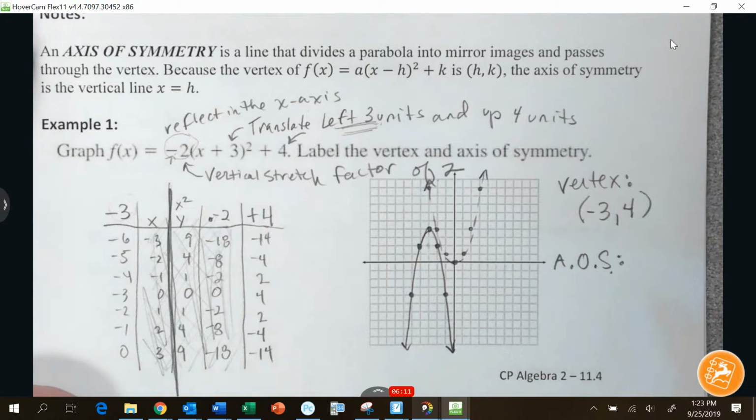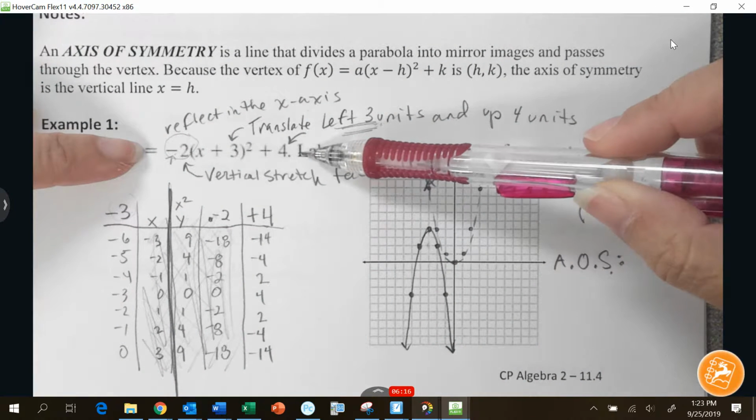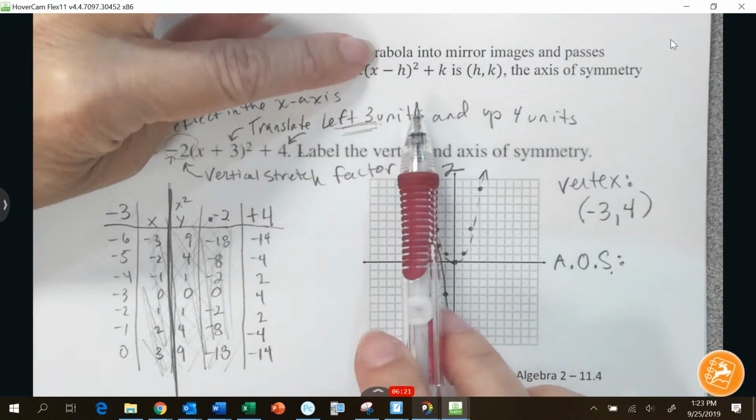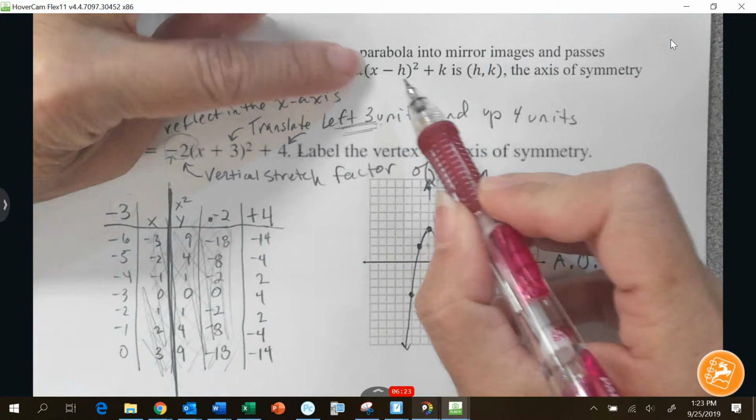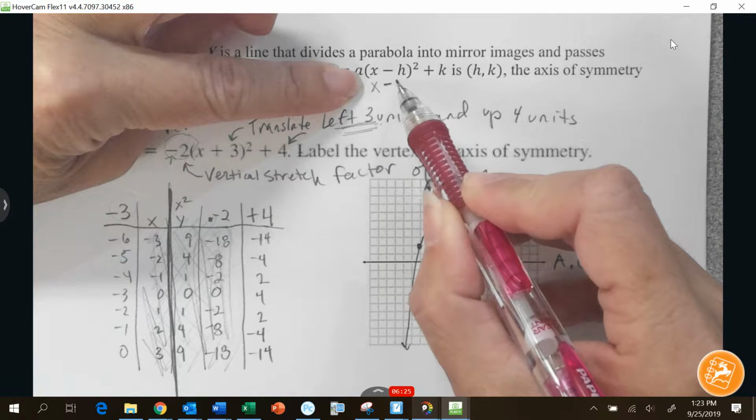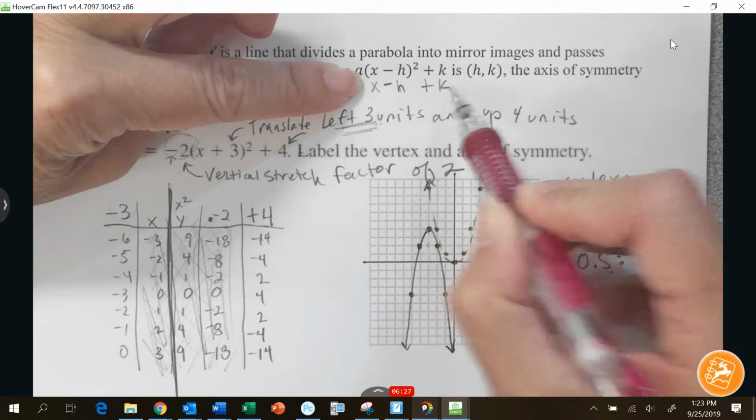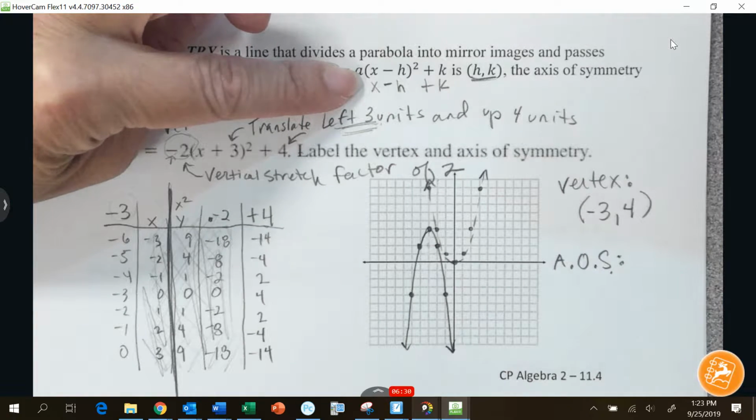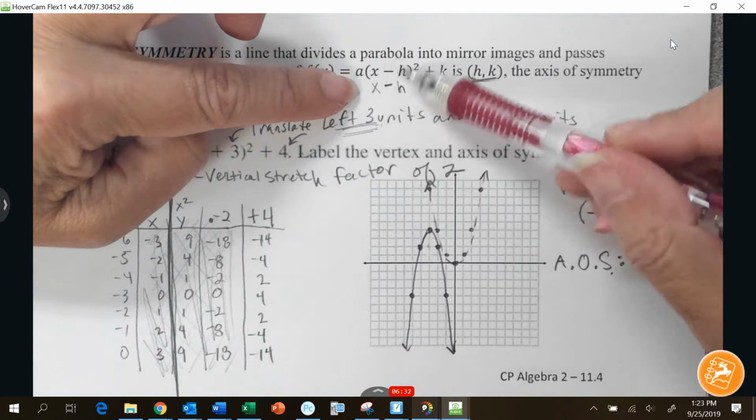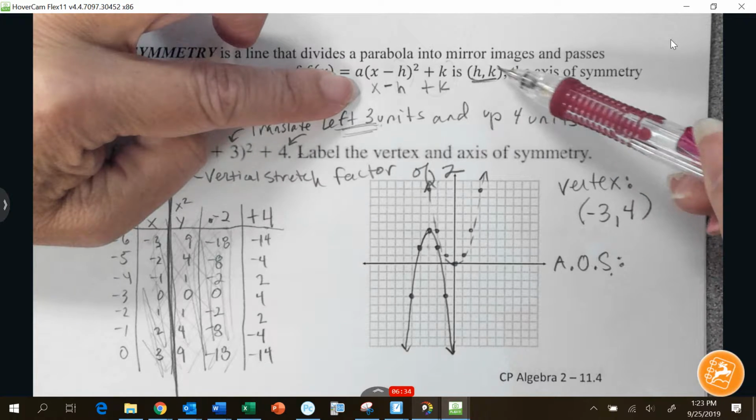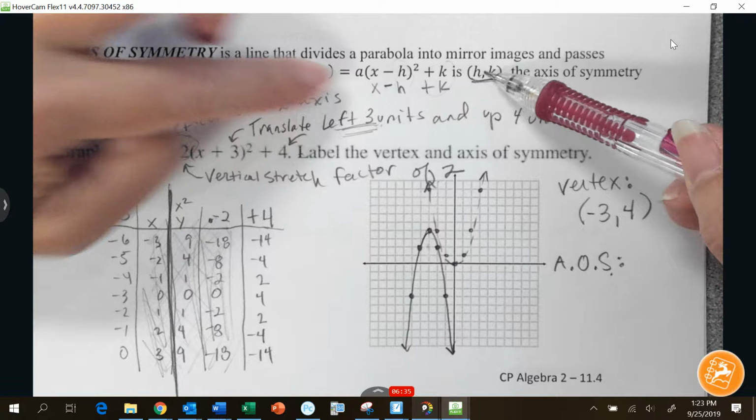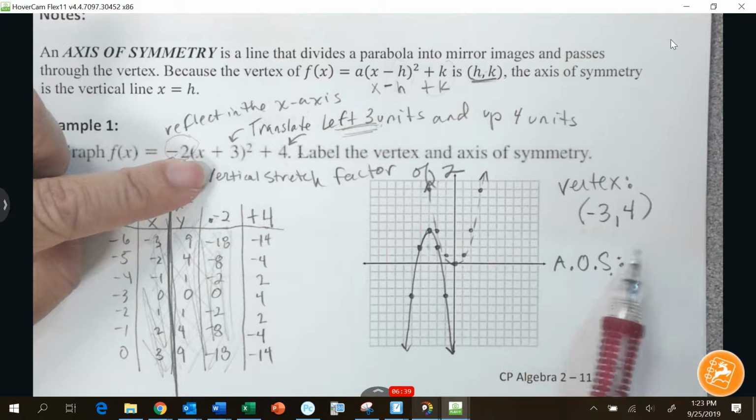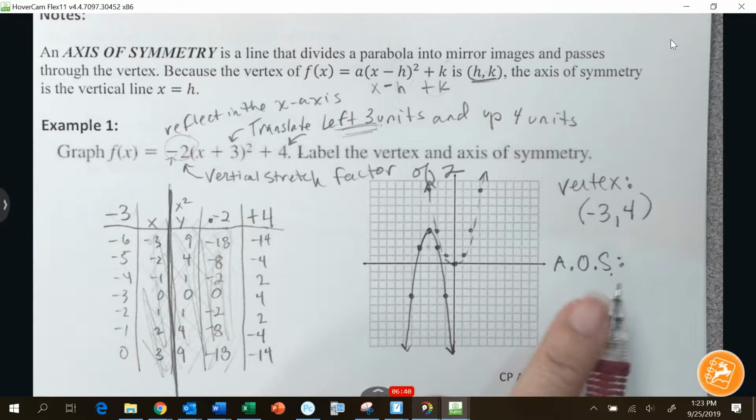Could we have gotten the vertex from just the equation without even graphing it? Yes, because the formula right here for vertex form says we always subtract the h part and add the k part, and hk is the vertex. So you do the opposite of the x and you do the same y for your vertex. So here I could have done +4 for my vertex. How about the axis of symmetry? X equals